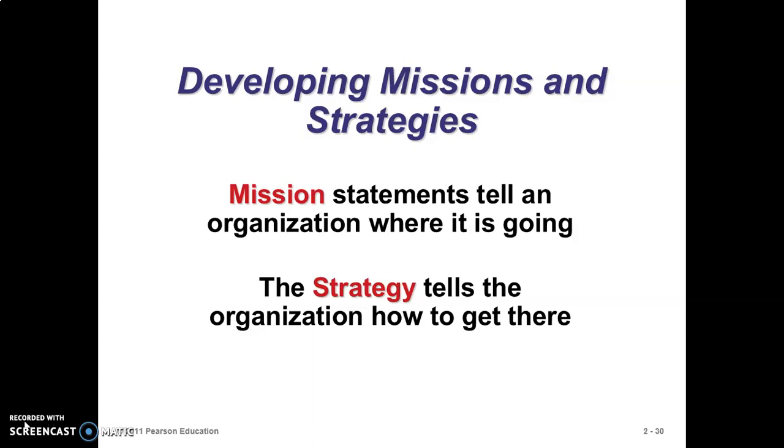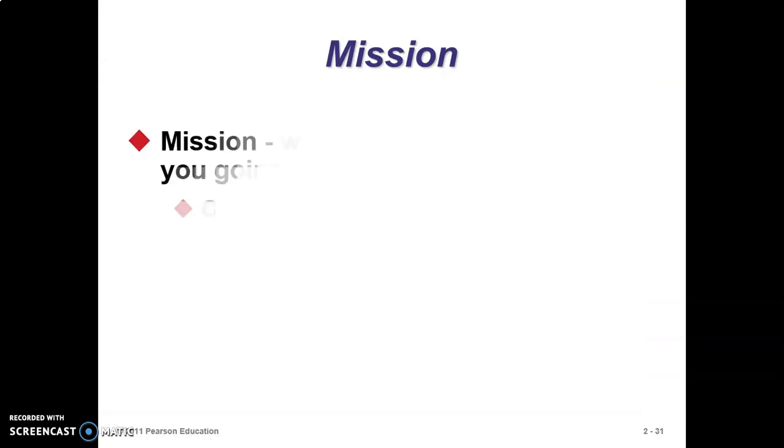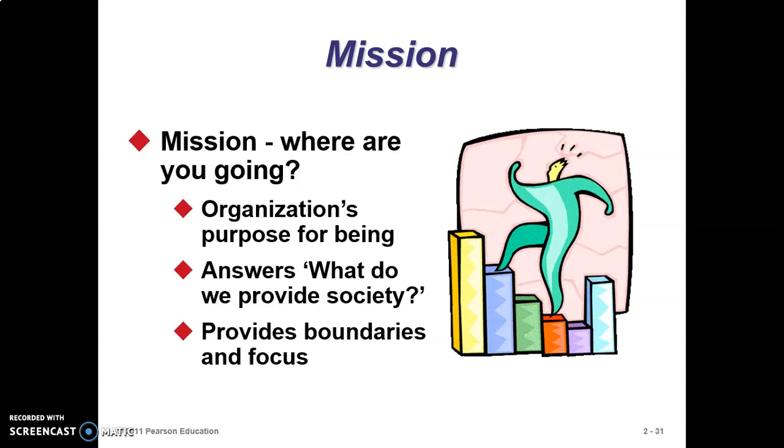Okay, so for example, if you want to get an A for this subject, what do you do? First you need to do revisions, read before class, ask questions, for example. So asking questions and doing revision are the strategies in order to get an A for this subject. Okay, let's move on. So strategy is how to get there, the actions to get there. The mission is about where you are going, so you need to have the mission.